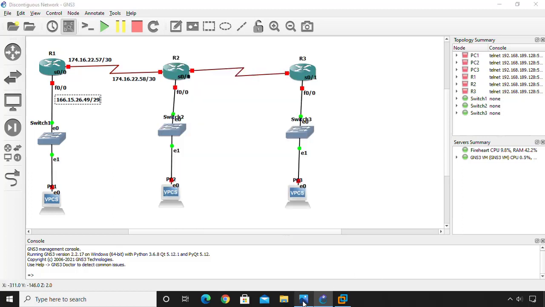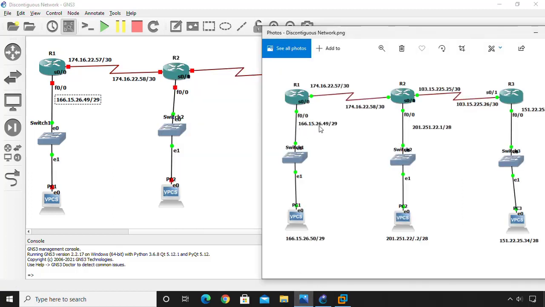Let's see it again. So 166.15.26.49/29. That's okay. And the IP that belongs to the Ethernet port of PC1, which is